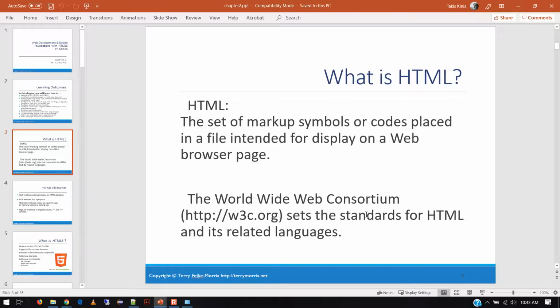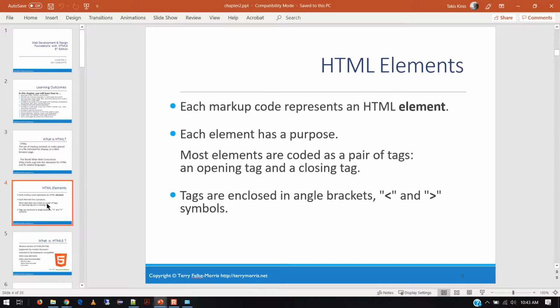So it's not like writing Java code or Python code. It's a markup language. Where it extends from, it actually extends from the print world, believe it or not. Back in the 80s when they started to switch from